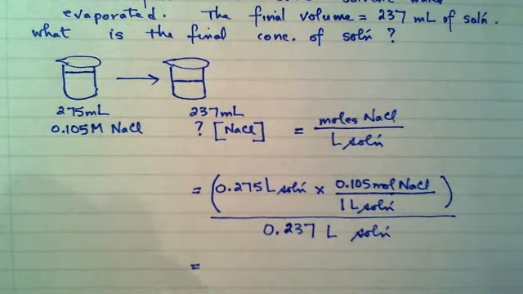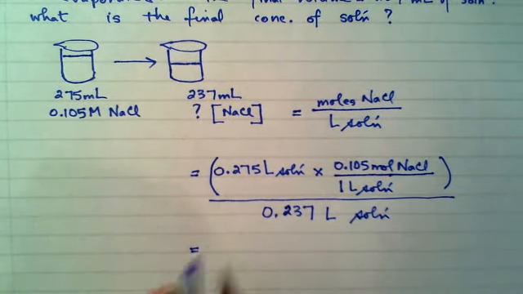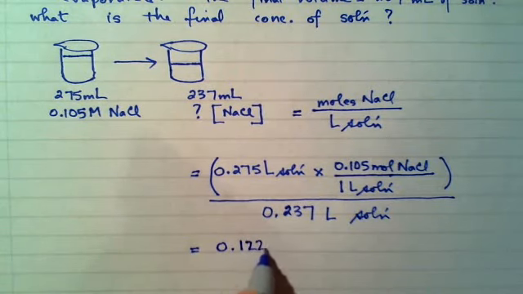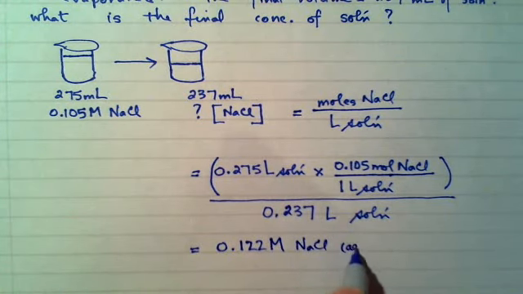And on the calculator I get an answer of 0.1218, and it should be 3 sig figs, so I'll round it to 0.122, capital M for moles per liter or molar sodium chloride